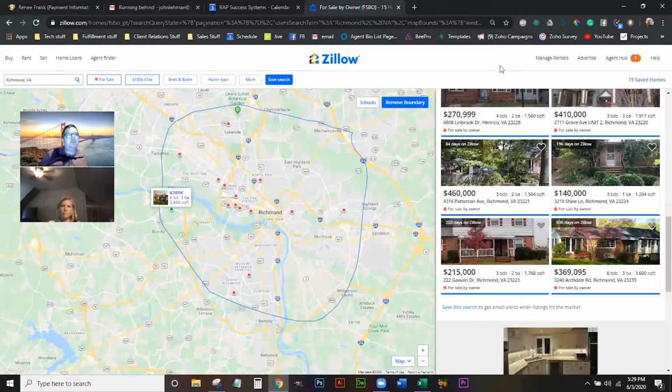So if they were listed with an agent in the past and it didn't sell, and now they're doing it by owner and it's not selling, their pain is clearly that they've had a horrible experience trying to sell their home, and they've had a horrible experience with maybe a buyer or maybe another agent that they worked with in the past. And so you want to get all of that information out by asking questions like, Sam, I know